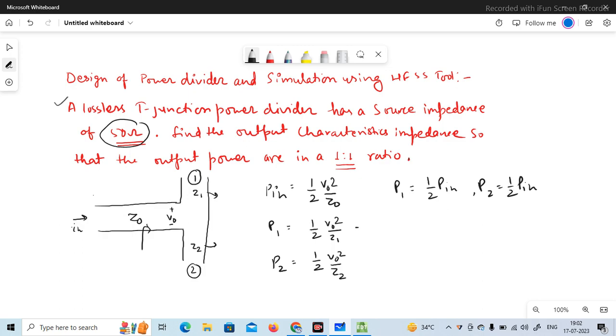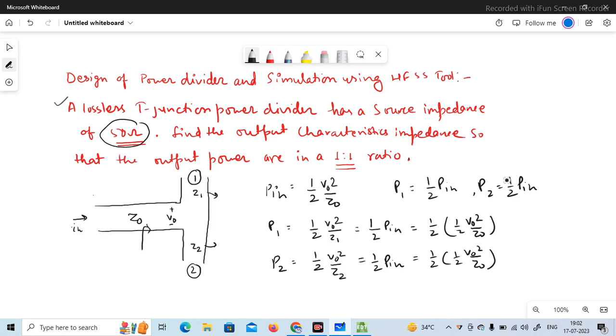So I can equate P1 with 1 by 2 P in, and P2 with 1 by 2 P in, and in place of P in we can write 1 by 2 of V0 square by Z0.